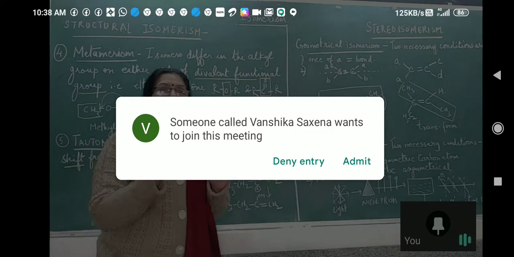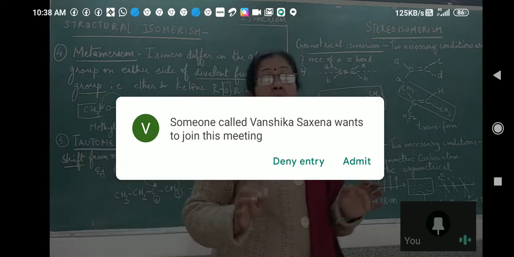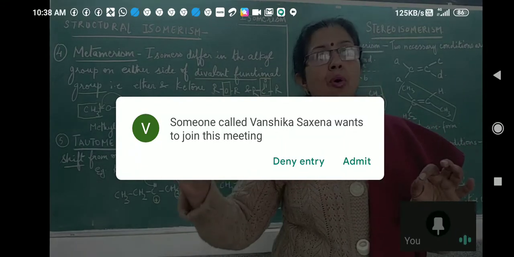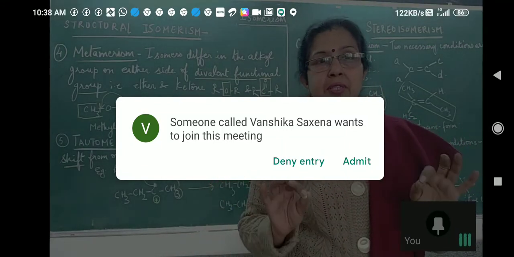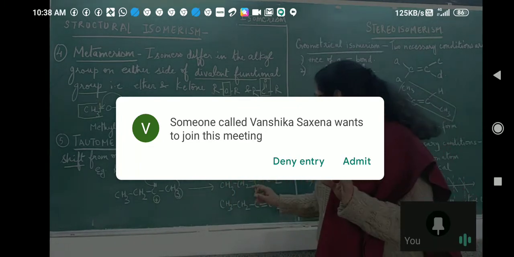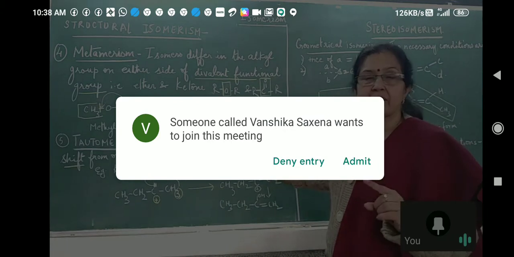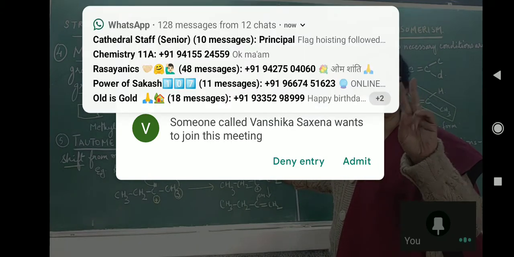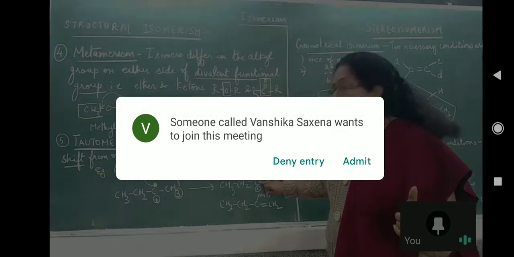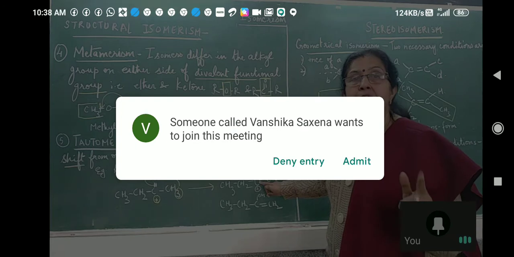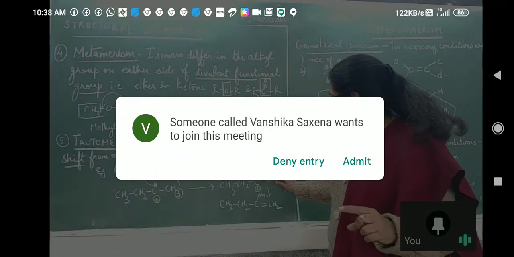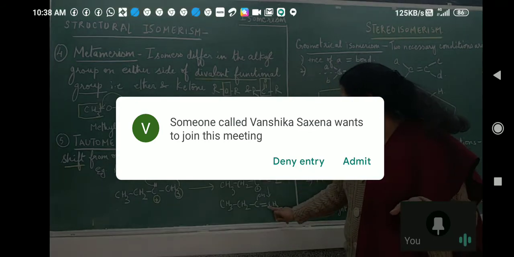Now remember one thing very clearly. A positive charge on a carbon atom means there is an empty p orbital. And carbon has a negative charge means it has two electrons, one of carbon and one that came from hydrogen. If this gives two electrons to a positively charged carbon, it will form a double bond. Is that clear? So this is what it does. It gives its electron here and a double bond is formed.